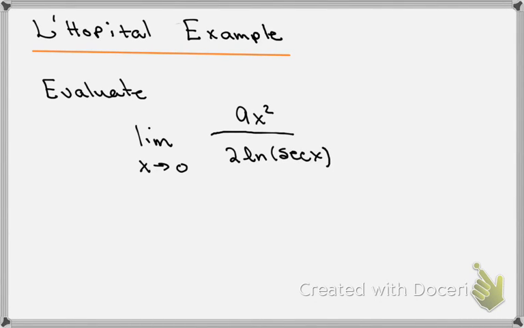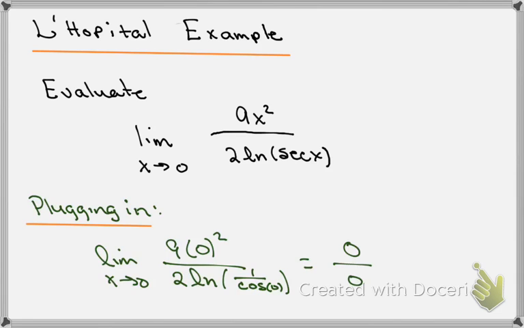Lastly, I wanted to provide you with a quick example of how you can apply L'Hopital's rule. So suppose we're asked to evaluate the limit as x goes to 0 of 9x squared divided by 2 times the natural log of secant of x. So the first thing we notice is this limit is a ratio, and so we're going to go ahead and plug